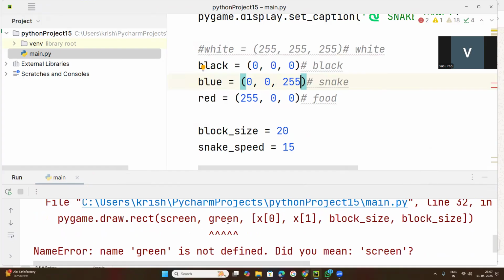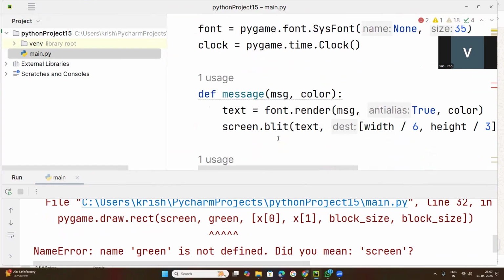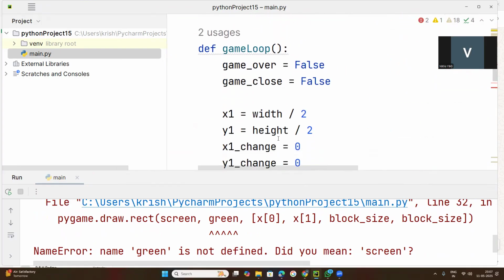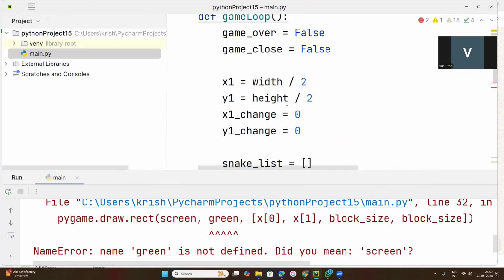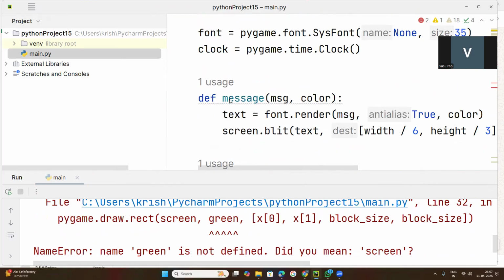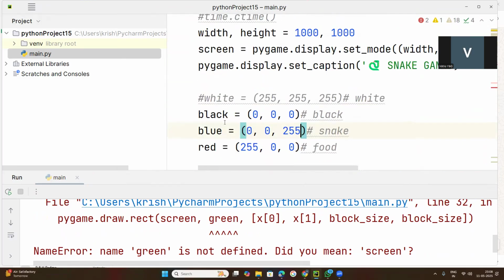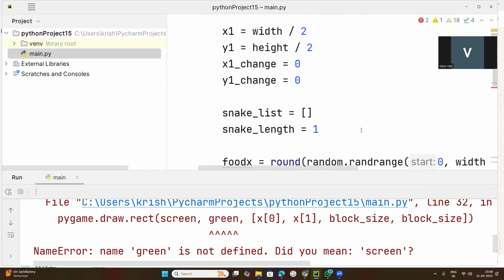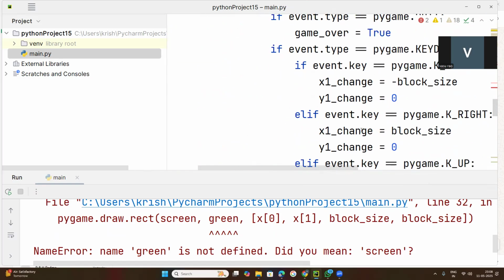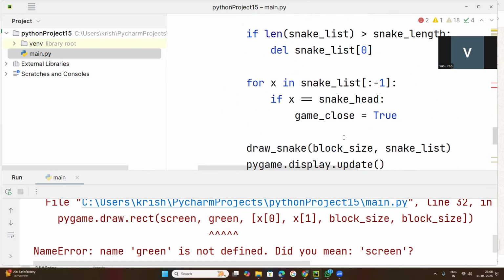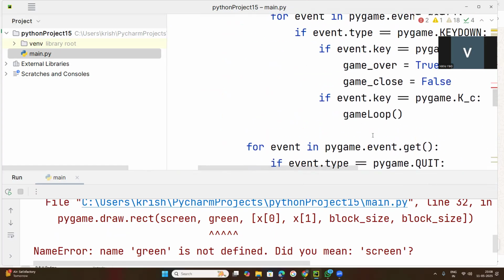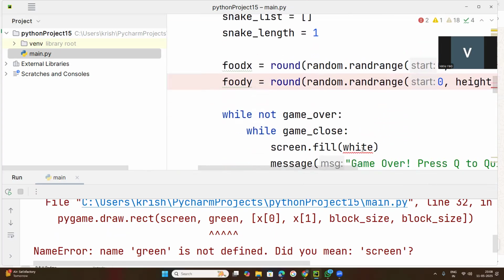Okay, where is that? Here in this code I need to change screen fill. What? Screen fill black. Okay, screen fill black. Here, screen fill black,